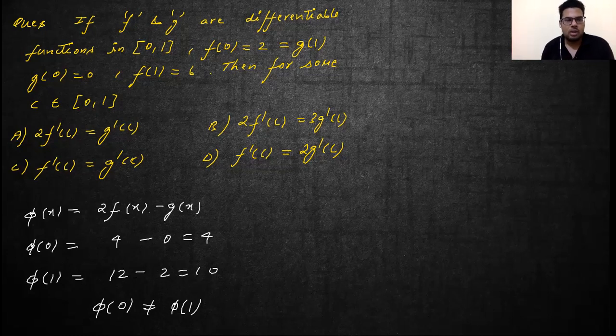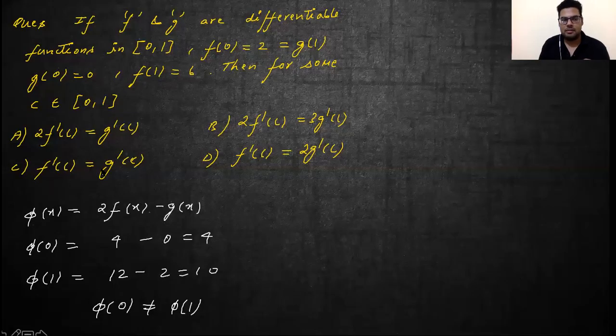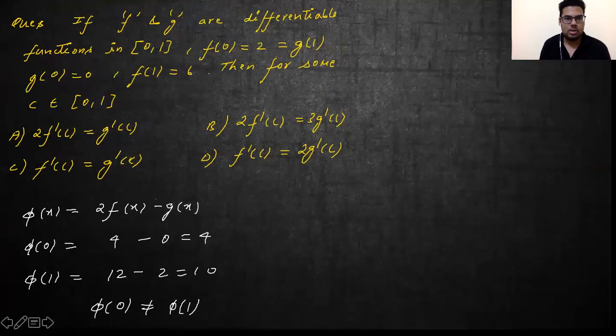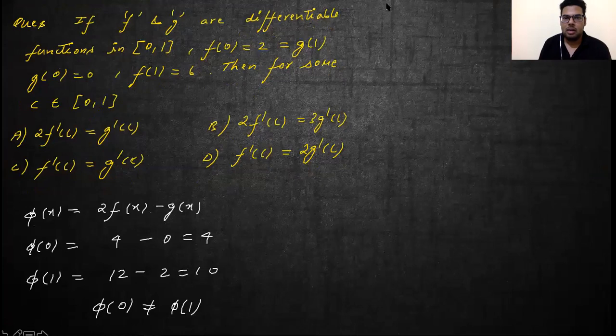Now, let us try to explore the other options where we can assume a function. The point is, you have to assume some function so that you can differentiate that. In option C, f dash c equals g dash c, so you'll assume the function f x minus g x. And clearly, if you try to see the values for f x and g x, both are not the same. So option C is automatically ruled out. So option A is gone, option C is also gone. Now here, this and this are gone.